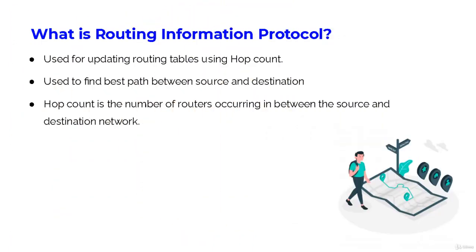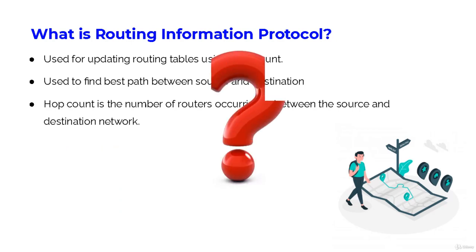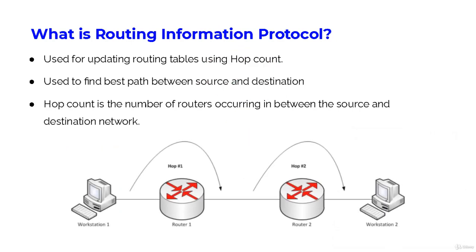It is a distance vector routing protocol which has AD value 120 and works on the application layer of the OSI model. You might have a question, what is a hop count? Hop count is the number of routers occurring in between the source and the destination network. The path with the lowest hop count is considered as the best route to reach a network and therefore placed